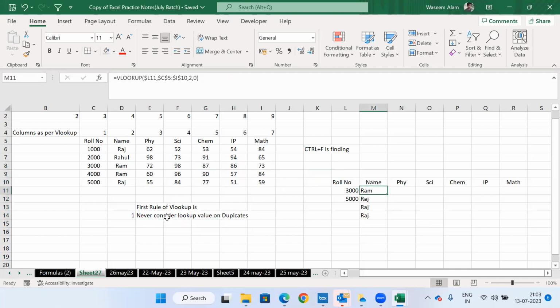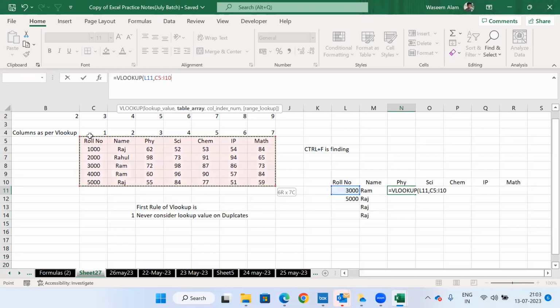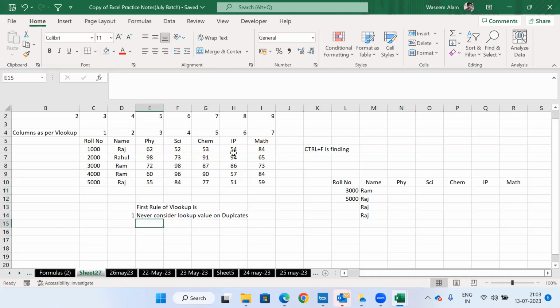So that is the reason we will choose roll number instead of name as my lookup value. Now here L11 is my 3000 roll number, and the table array is from C to C1. The second roll number is on the basis of your lookup value. On the basis of lookup value,